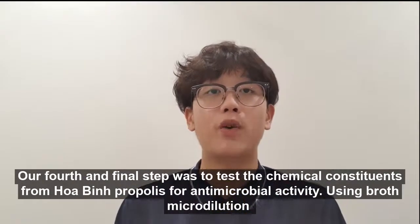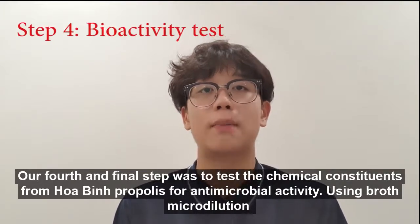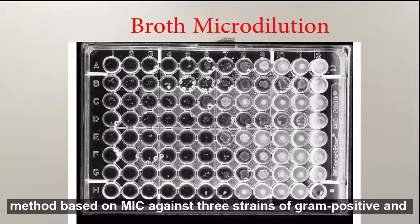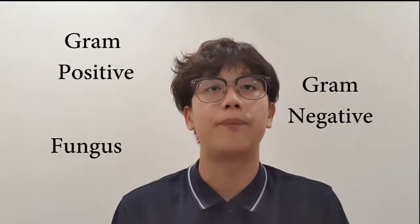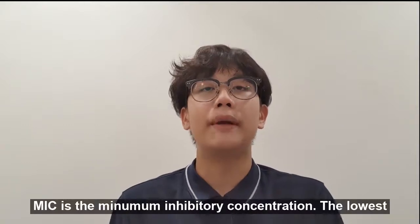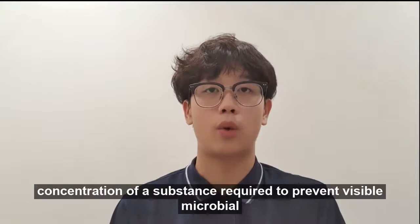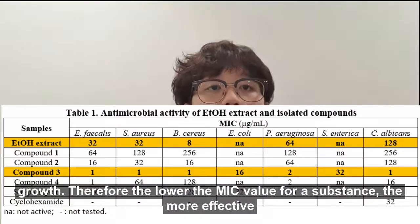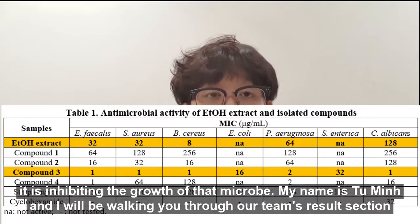Our 4th and final step was to test the chemical constituents from Hòa Bình propolis for antimicrobial activity, using Broth micro-dilution method based on MIC against 3 strains of gram-positive and 3 strains of gram-negative bacteria and 1 strain of fungus. MIC is the minimum inhibitory concentration, the lowest concentration of a substance required to prevent visible microbial growth. Therefore, the lower the MIC value for a substance, the more effective it is at inhibiting the growth of that